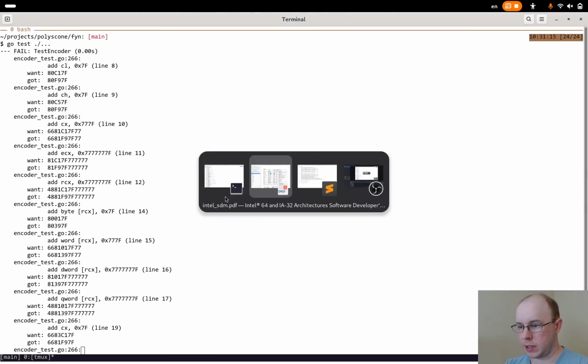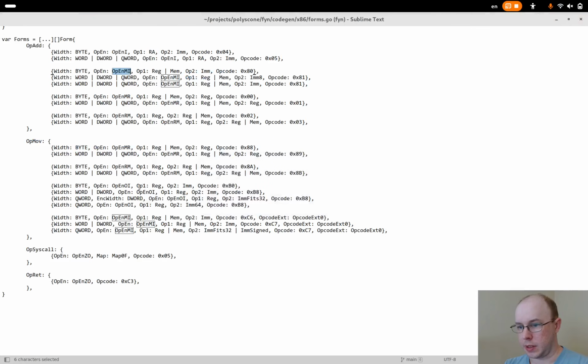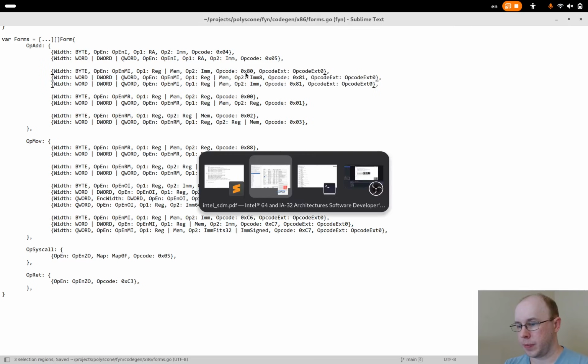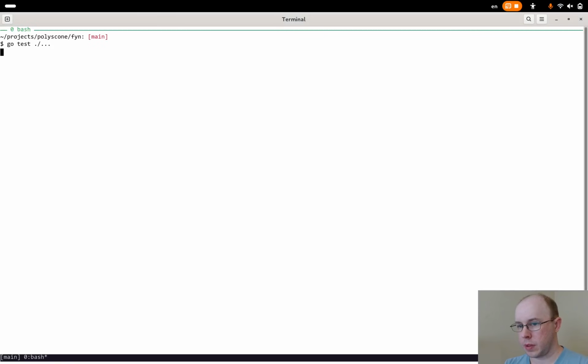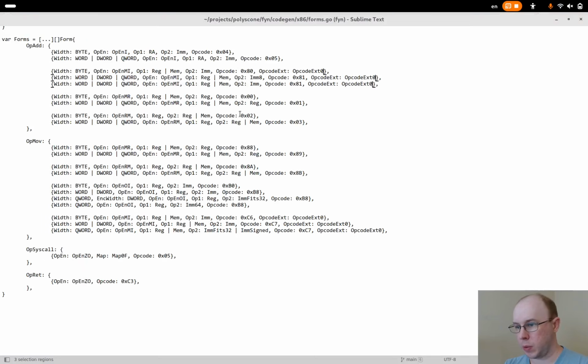Oh, opcode extension, that's why. So these ones have an opcode extension of 0. And these special cases do as well. Okay, so that's why it's outputting the wrong thing. So these ones here need an opcode extension of 0. Okay, so now I'm just selecting the wrong encoding for these. So this should be 8.3 for the